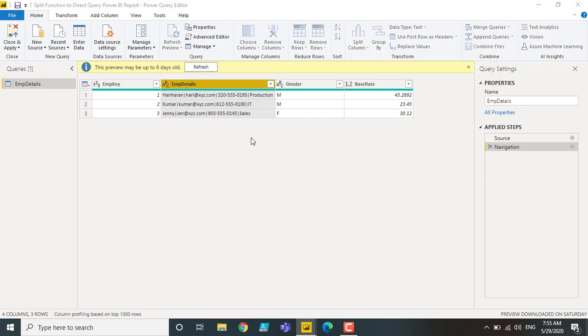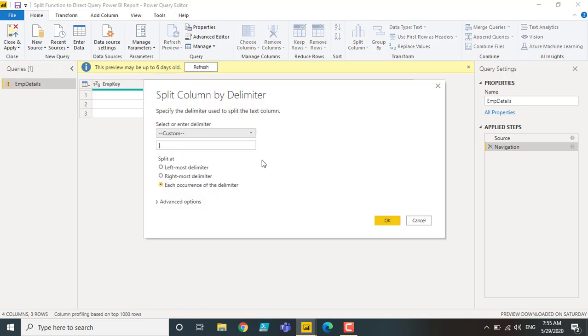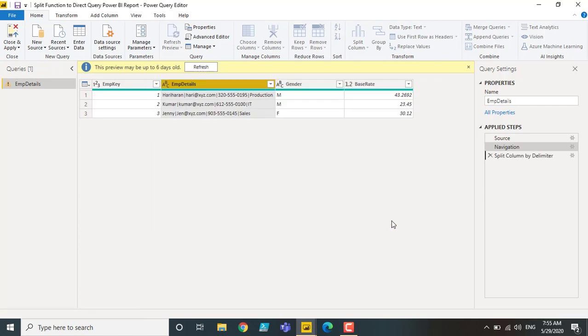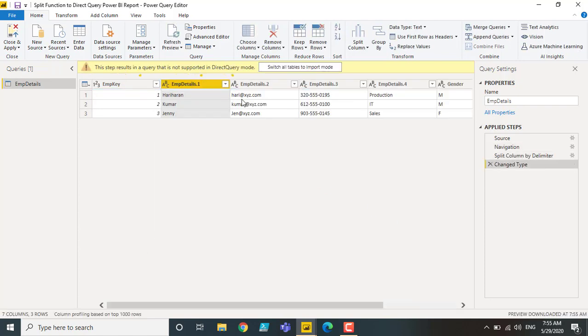I'm going to pass the pipe symbol as my delimiter, and the same here, each occurrence of the delimiter. When I do this, it is going to split as we expected, but you can see this results in a query that is not supported in direct query mode. The reason is I am using SQL Server as the source of this table with direct query mode.